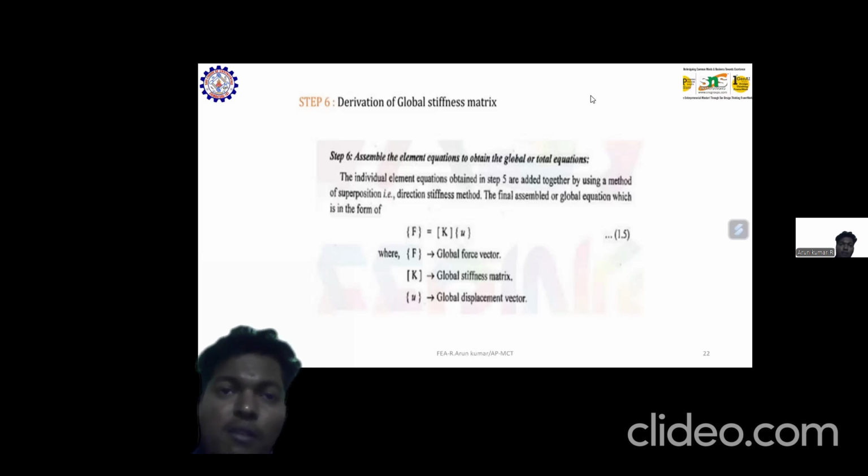The global means that if I add together all the elements, that is called global. If you are solving the individual element force vector, stiffness matrix or displacement vector, that is called a local matrix or vector. Okay. So the next method is